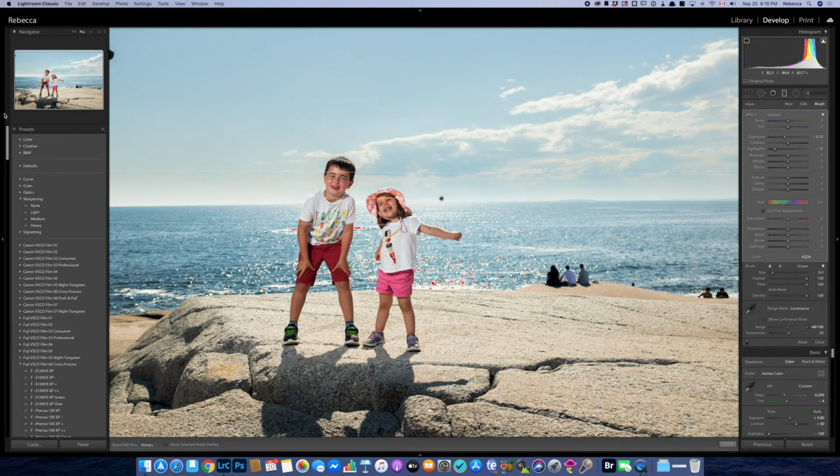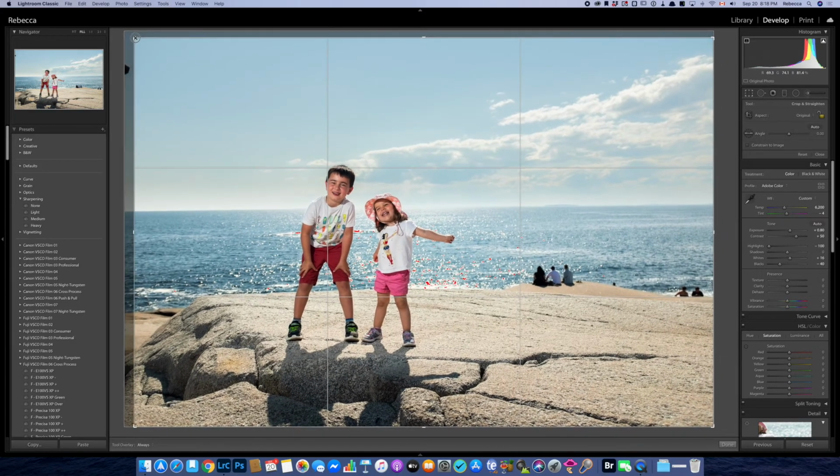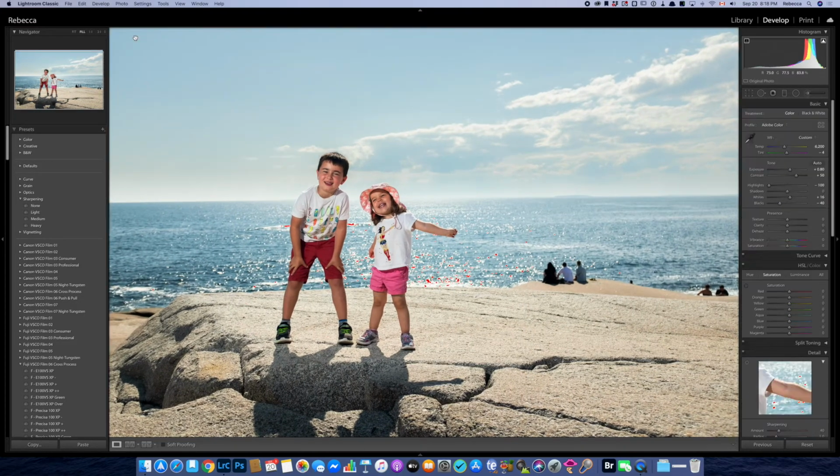Oh, we can see in the upper left corner, this is my handheld flash situation here. So I'm going to go R for crop, not C for crop, by the way, but R for crop. And I'm going to just crop that in, just get that out. And what else? So we have the people